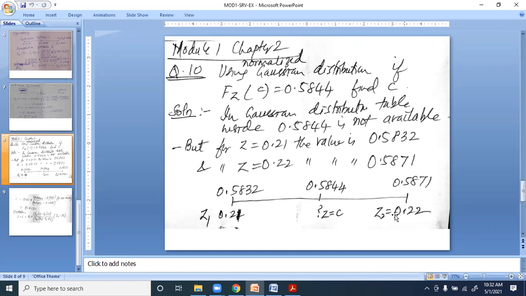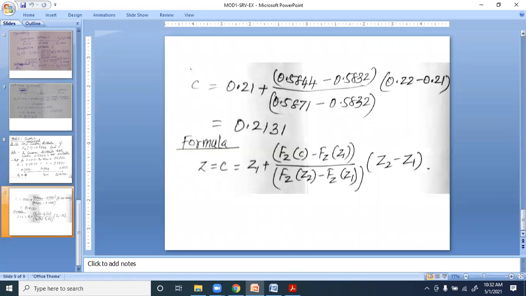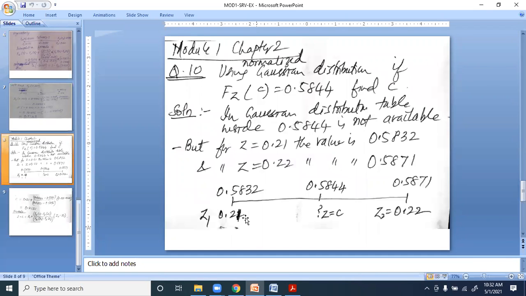It should be somewhere between these two. That's a check. It should be somewhere between these two, and how much between, we are trying to find that. So again, we try to use a similar type of formula. Now we go in the reverse way. So C is equal to 0.21. See this over here. I want to find this. So this is equal to 0.21, plus